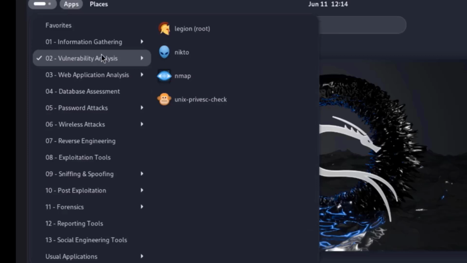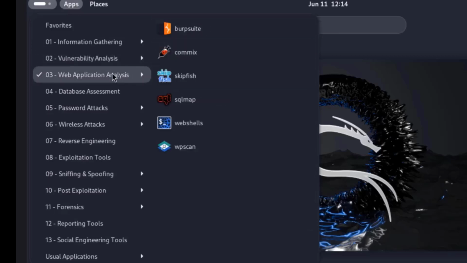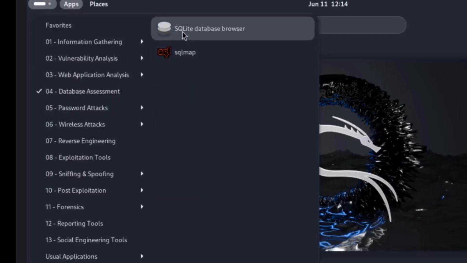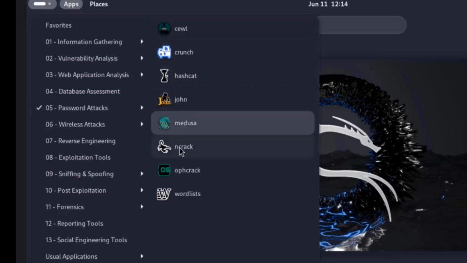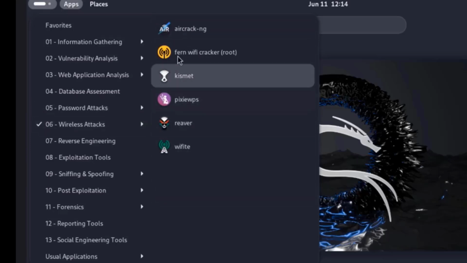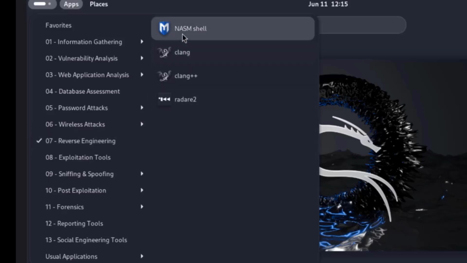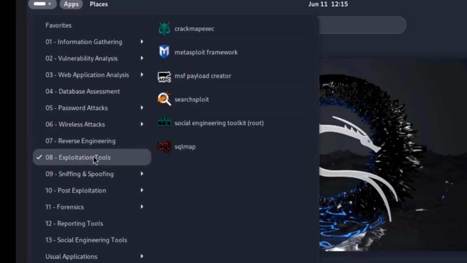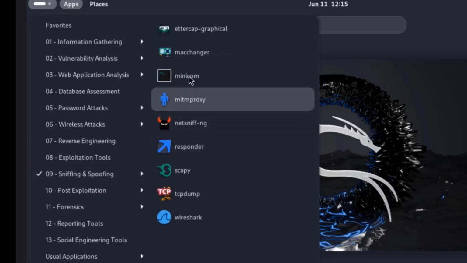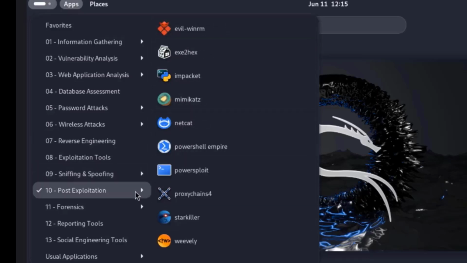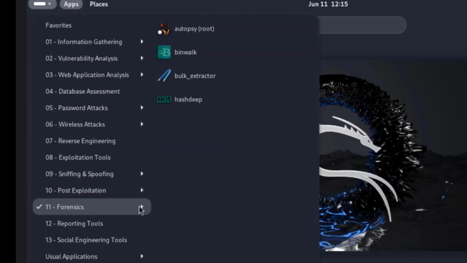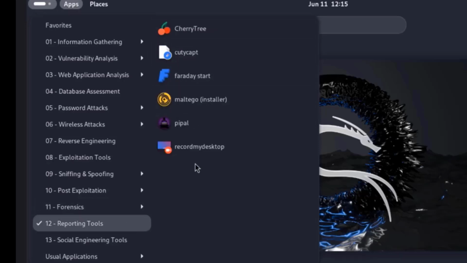This is vulnerability analysis. This is web application analysis, database assessment, password attacks, wireless attacks. This is reverse engineering, exploitation tools, sniffing and spoofing. This is post-exploitation. This is forensics, reporting tools,